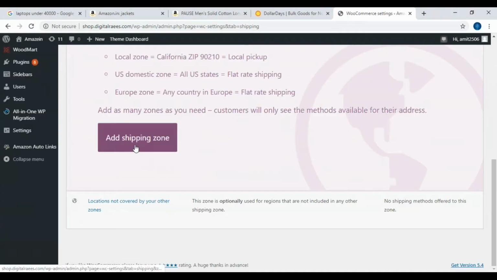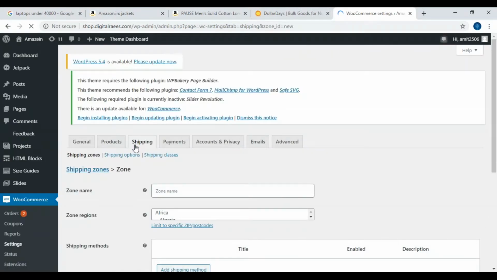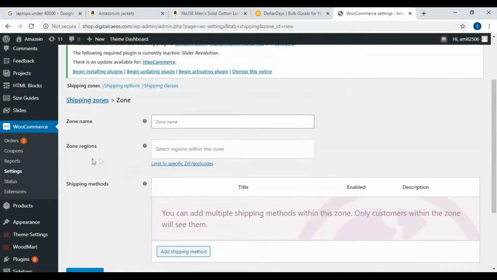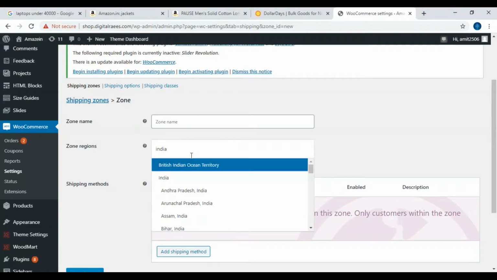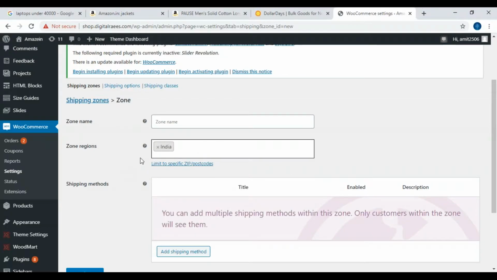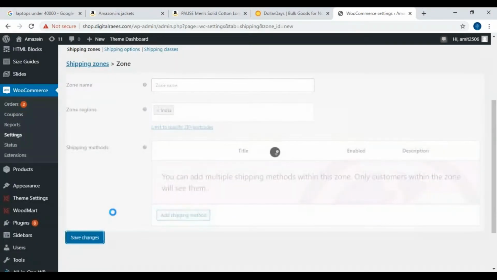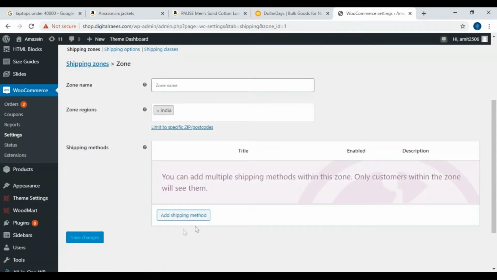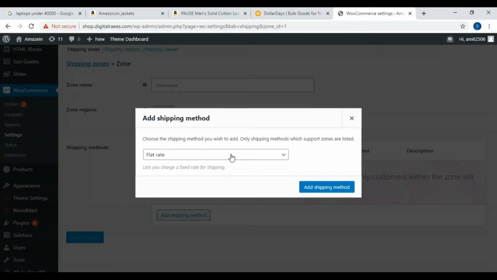Shipping, so you can add shipping zones. I want to sell in India. If you want to add shipping methods, there is flat rate or free shipping.